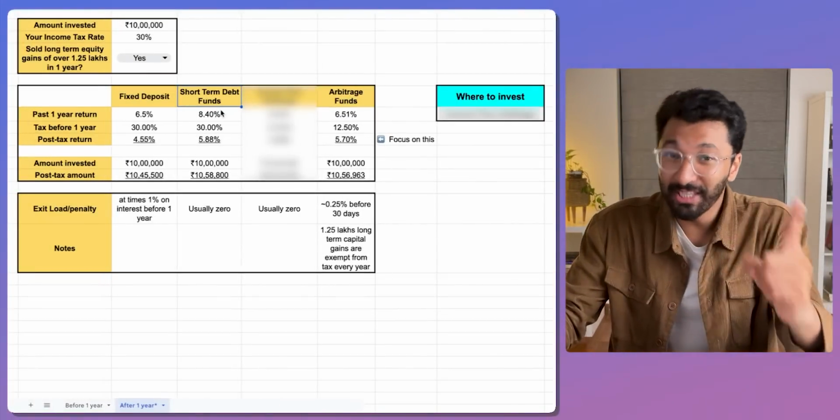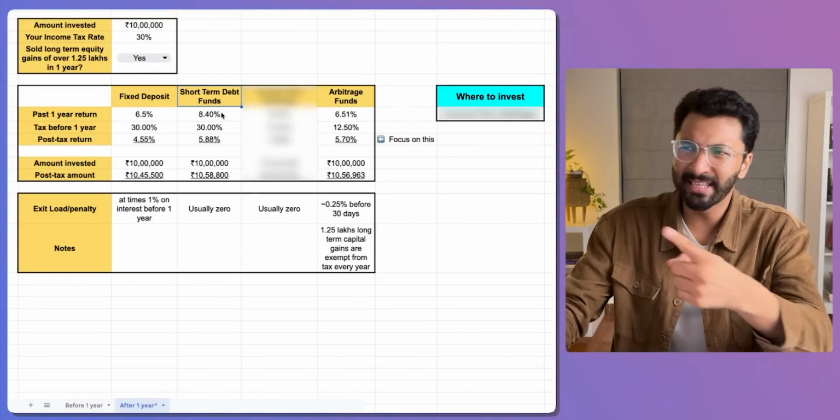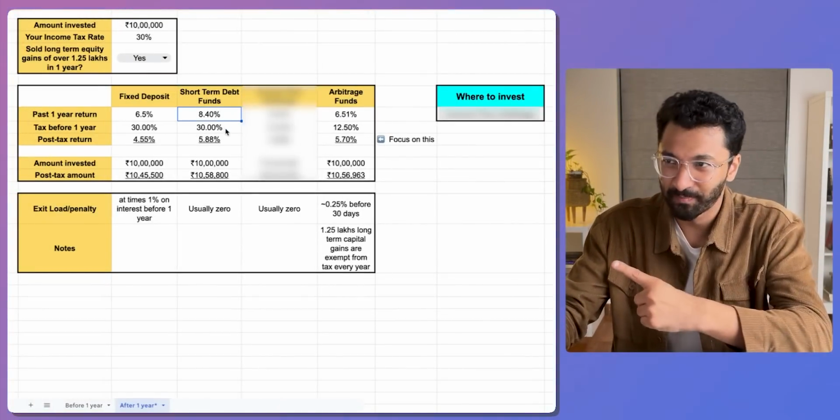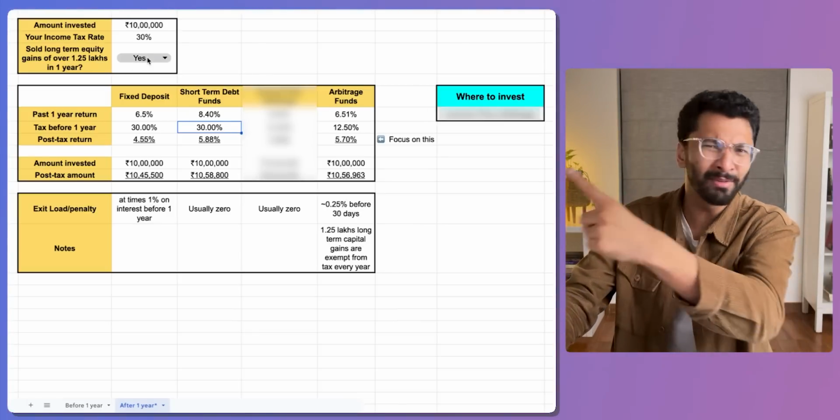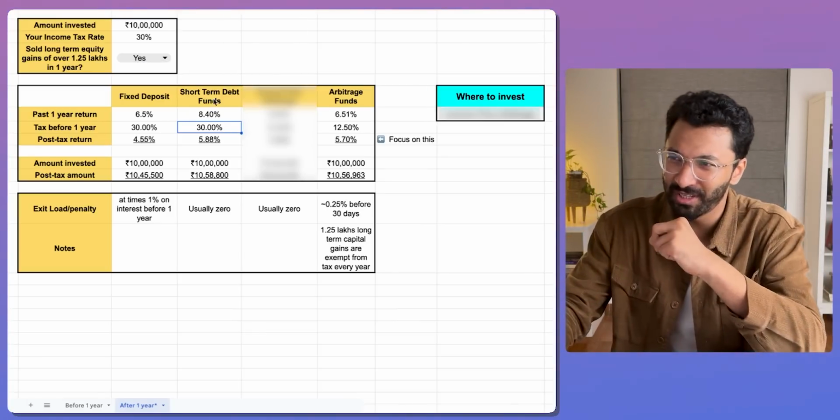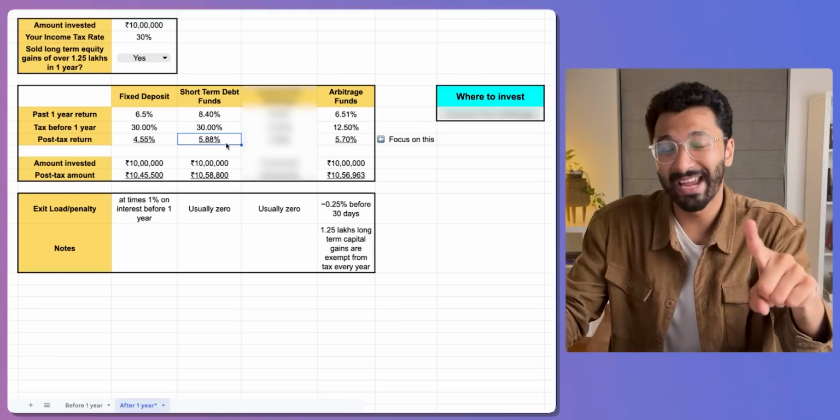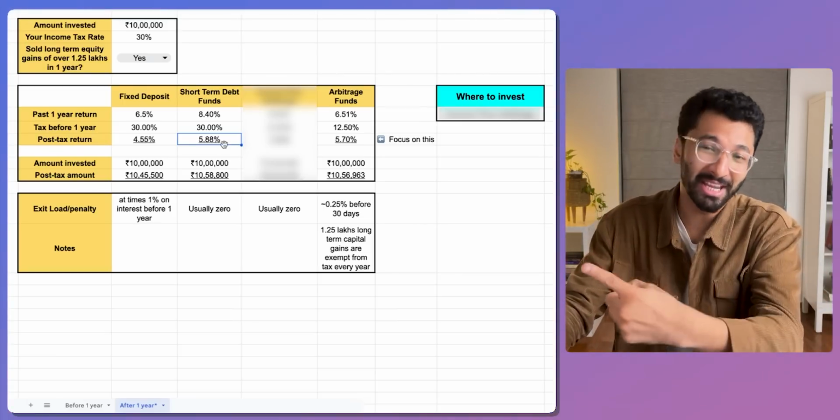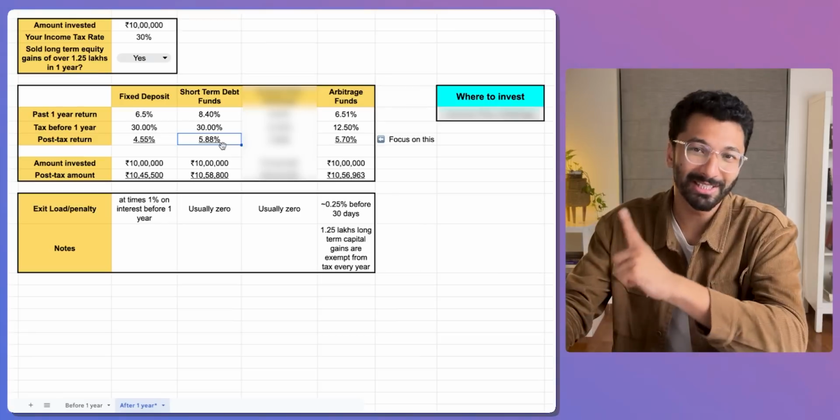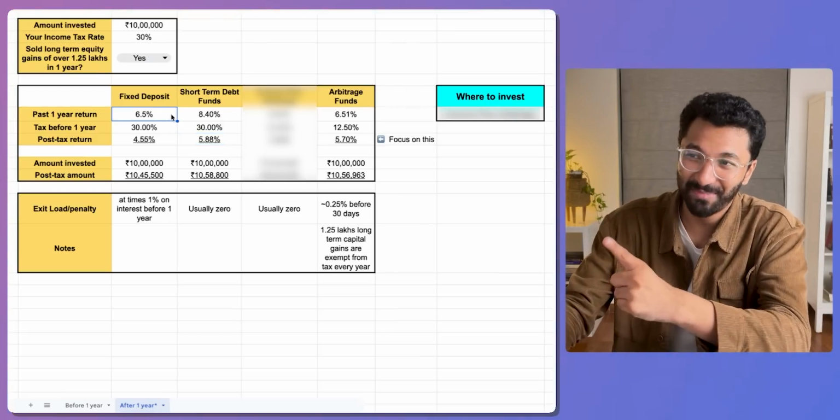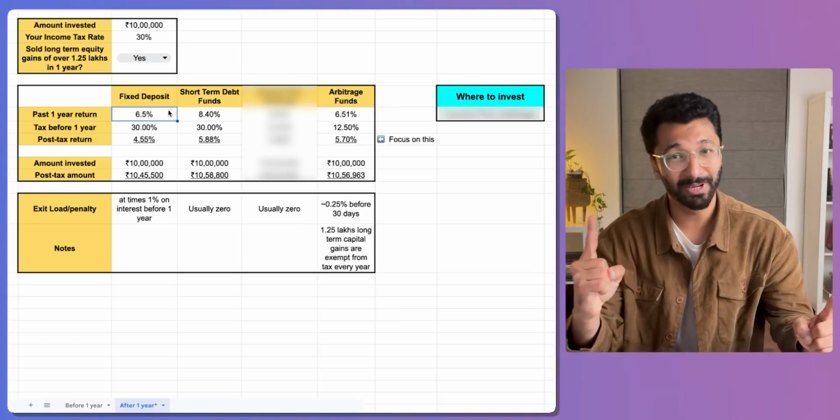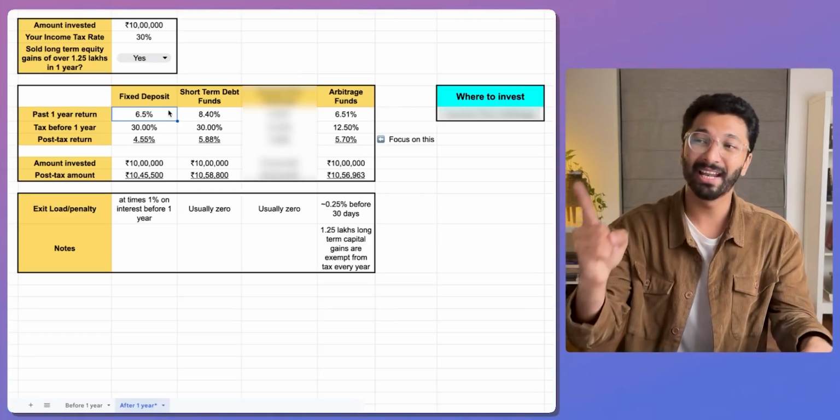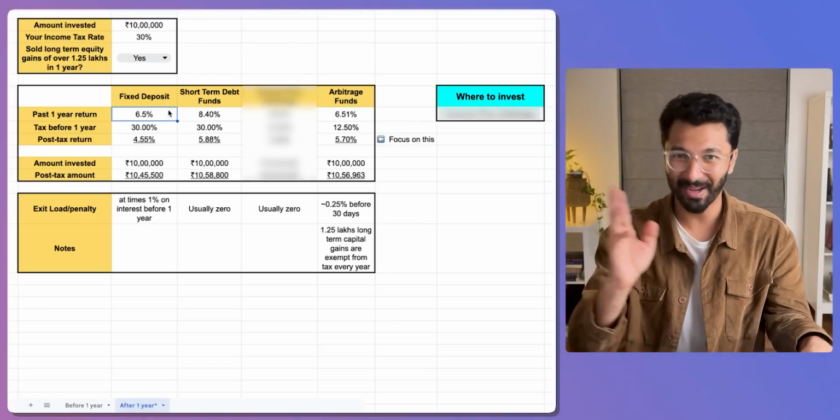Now, in the past 1 year, the average short-term debt fund in India has given 8.4% returns. But again, that is taxed at your income tax level, which in this case is 30%. And by the way, we'll just change it to a different amount and see how it changes as well, right? But because of that, what tends to happen is that your post-tax return significantly drops, just like an FD. But even then, because there's a big differential between what the FD rate is and what the short-term debt fund rate is, you'll still get higher returns, or would have gotten higher returns in the past 1 year in a